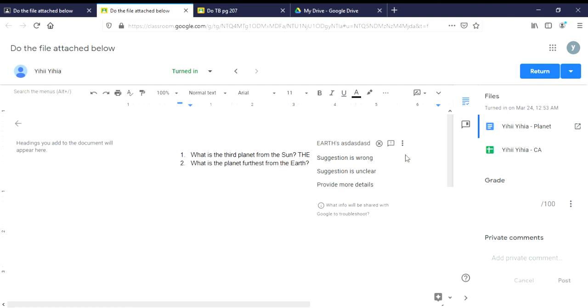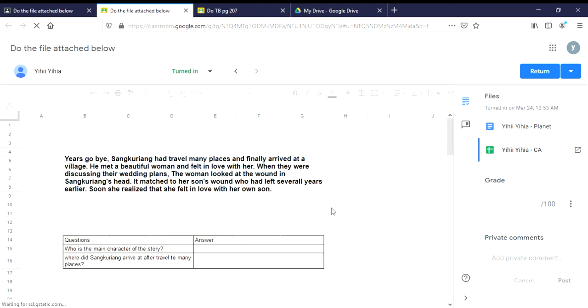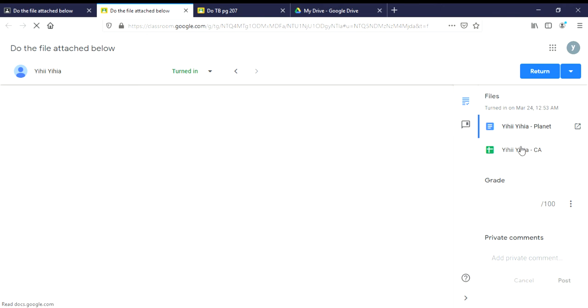This will be like a feedback. You can give your students feedback. Okay. And for this one, just now the students did not change any answer. So the answer will still be blank. After you check both, you can grade it. Okay, my students only did one task, they did not do the other.